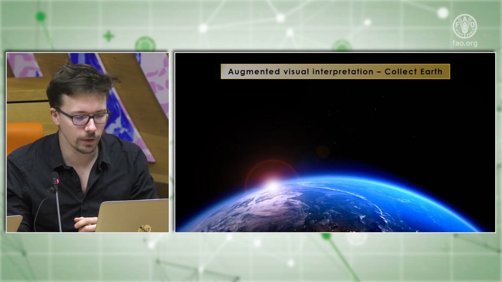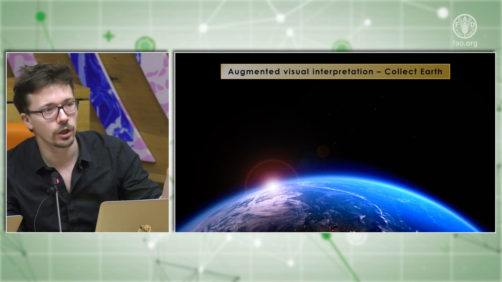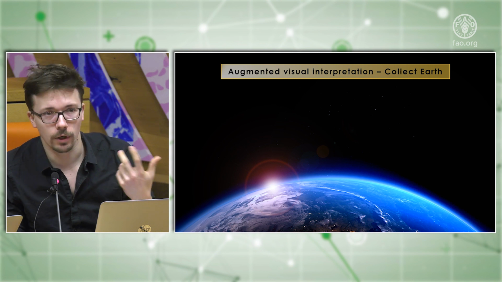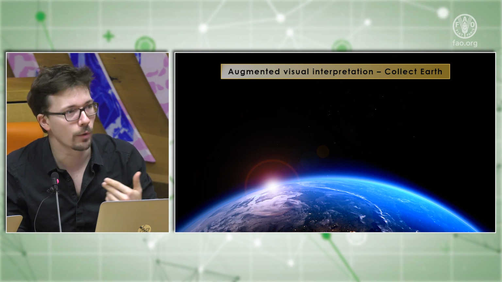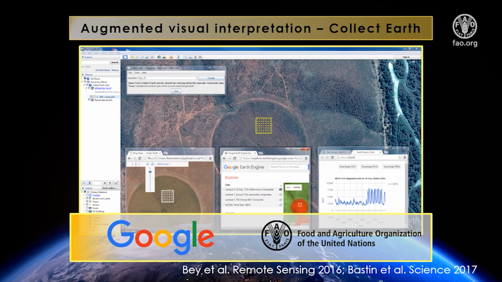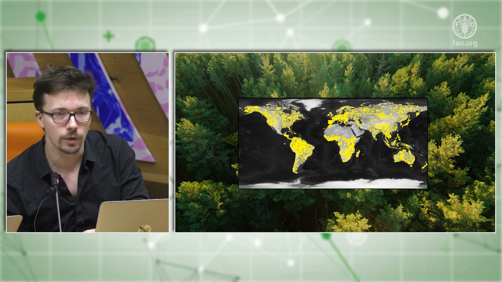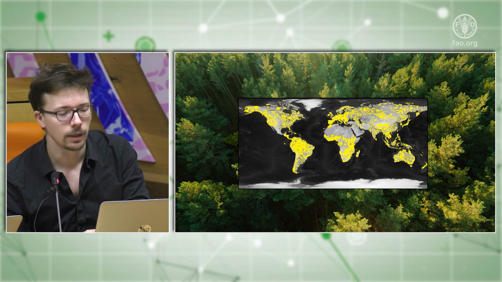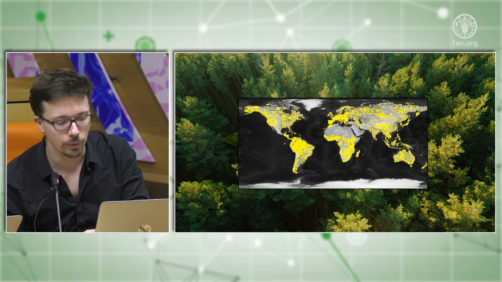So in order to do that, we needed to have an observation of tree cover under natural conditions. What we did is that we used Collect Earth, a tool which has been developed within the forestry department of FAO in collaboration with Google, which allows us to use very high spatial resolution images from Google to do photo interpretation and to count all the trees that we can intercept on the ground. This allowed us basically to describe a various range of tree cover in many different types of forest biomes: in drylands, in temperate forest, in boreal forest, and in tropical forest.